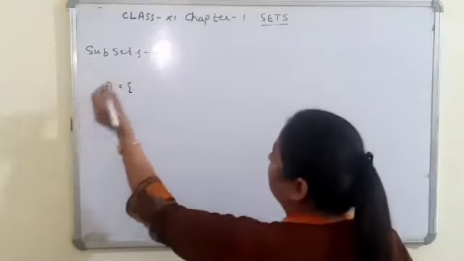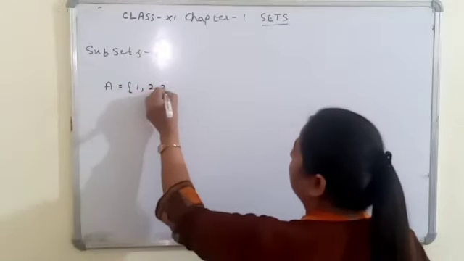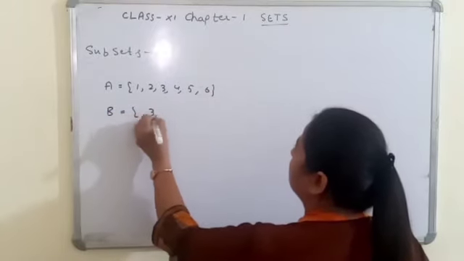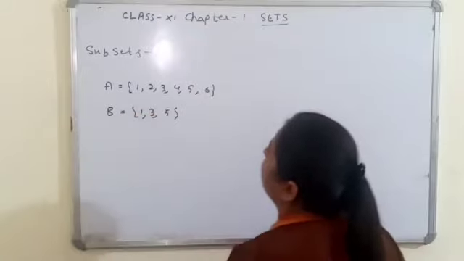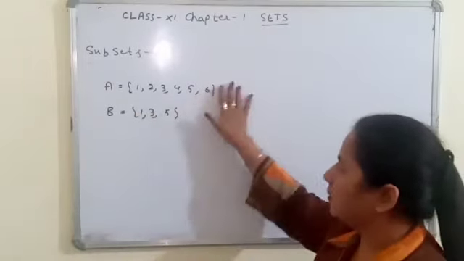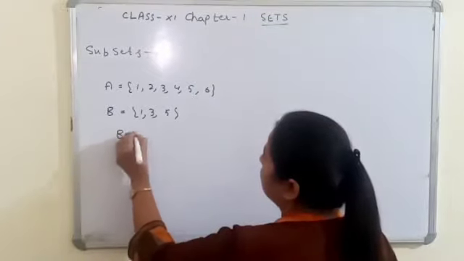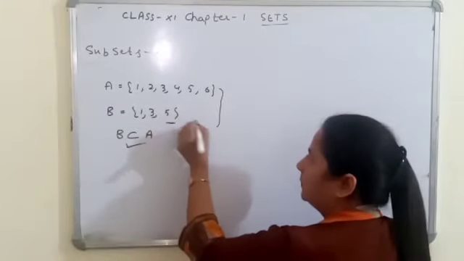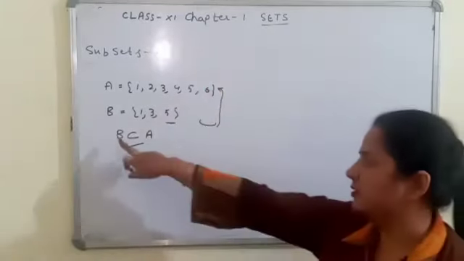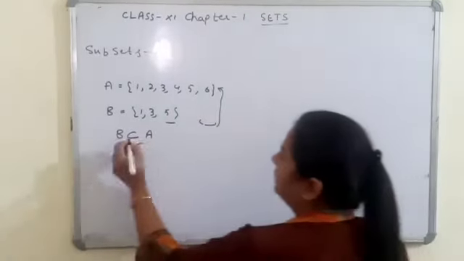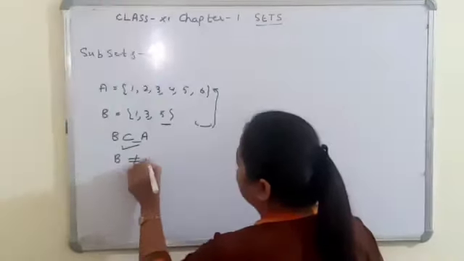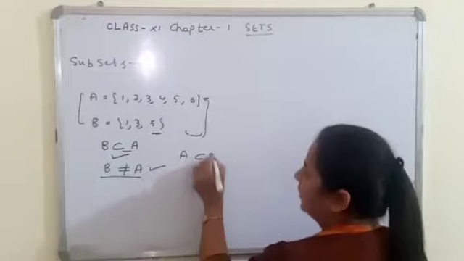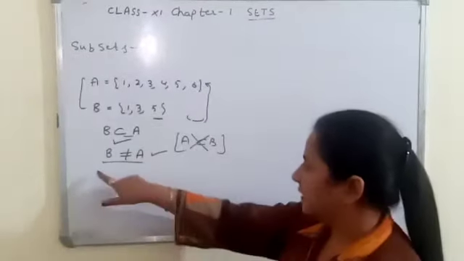Now suppose I have two sets here, set A with elements 1, 2, 3, 4, 5, 6 and B, a set of odd numbers 1, 3 and 5. Yes, you can say B is a subset of set A. All the elements of set B are present in set A. So B is a subset of set A. Here you can see the elements of A and B are not equal. We can write A is not a subset of B. So these two are not equal.